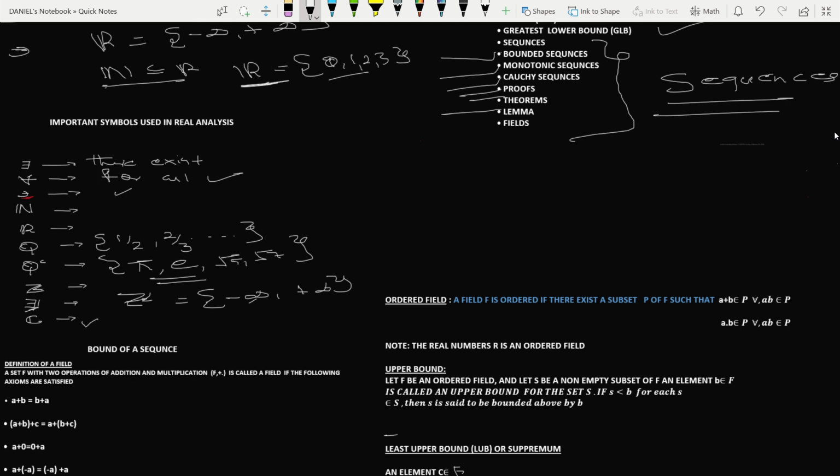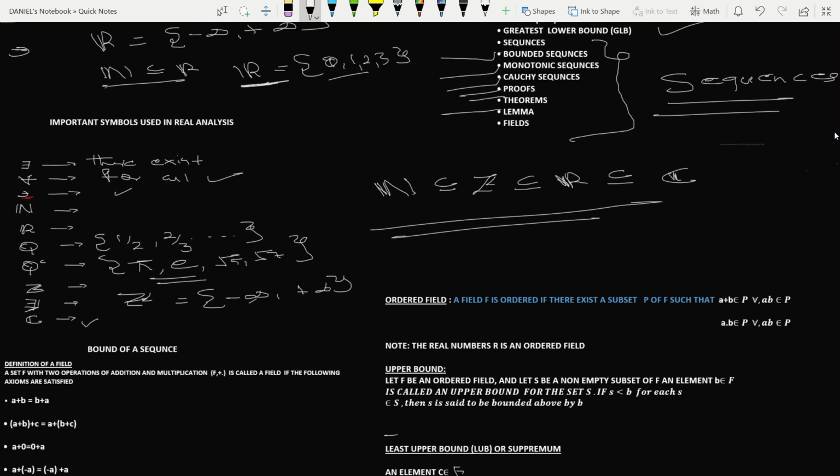the set of natural numbers is contained in the set of integers. Integers is contained in the set of real numbers. Real numbers is contained in the set of complex numbers. So all of these numbers are contained in the complex number. Now most people believe that the real number is the father of